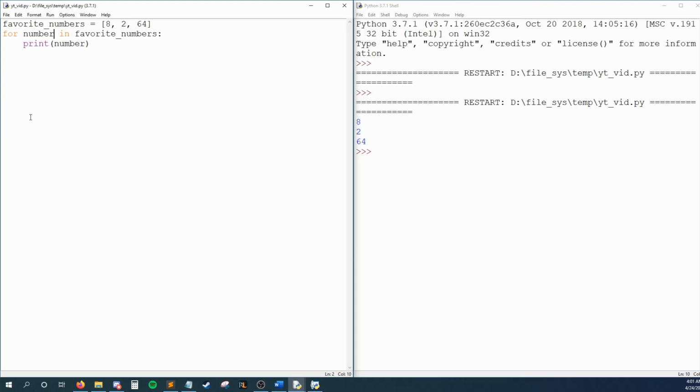We are at the end of the for block, so we check if we have more numbers in our list. We do, so we set number equal to the next one, 64. We print that number, which gives us 64 in our console, and we reach the end of our loop. We check to see if there are more numbers in favorite numbers, and since there aren't, we stop our loop. Our loop ran one time for every number in our list, or, in technical terms, our loop iterated once per